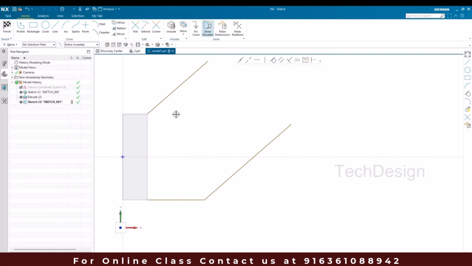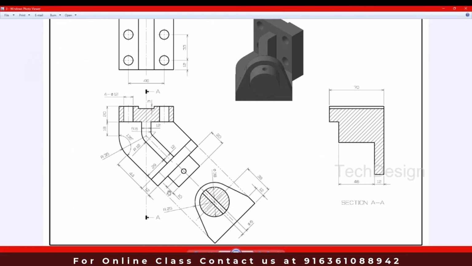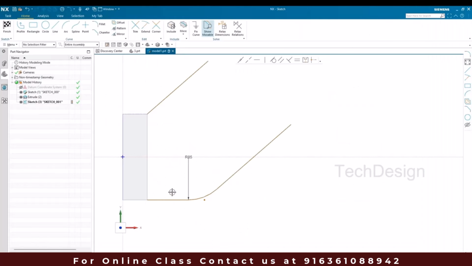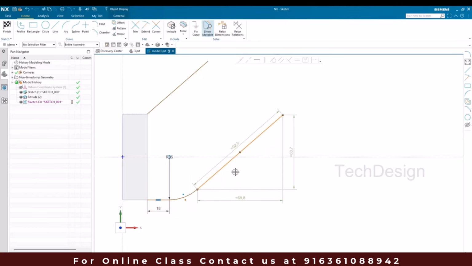So I'll just create an arc with 35 mm radius, and then this length is 18 mm and this length is 44 plus 12. So now this length is going to be 18 mm, and this length is going to be 44 plus 12 is